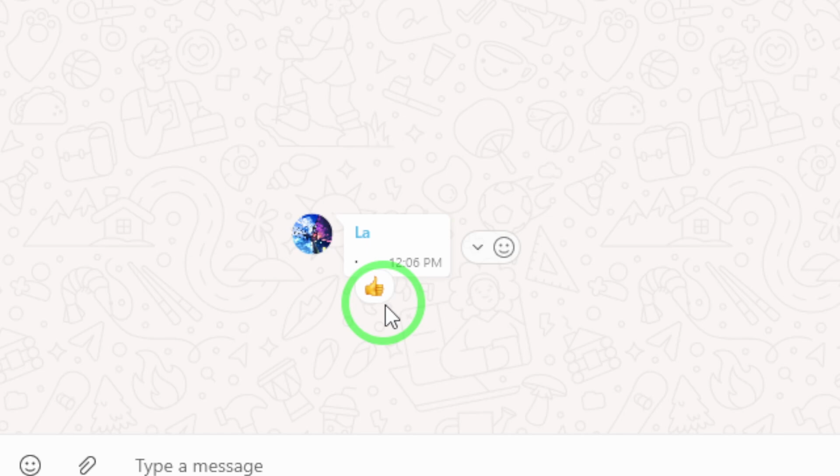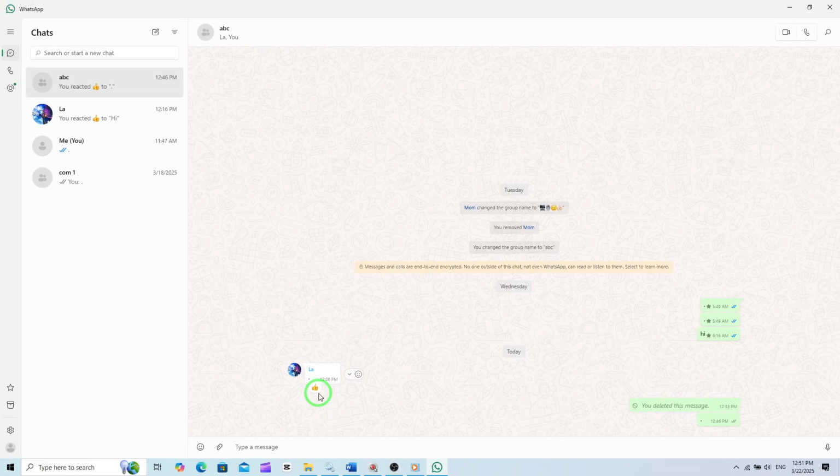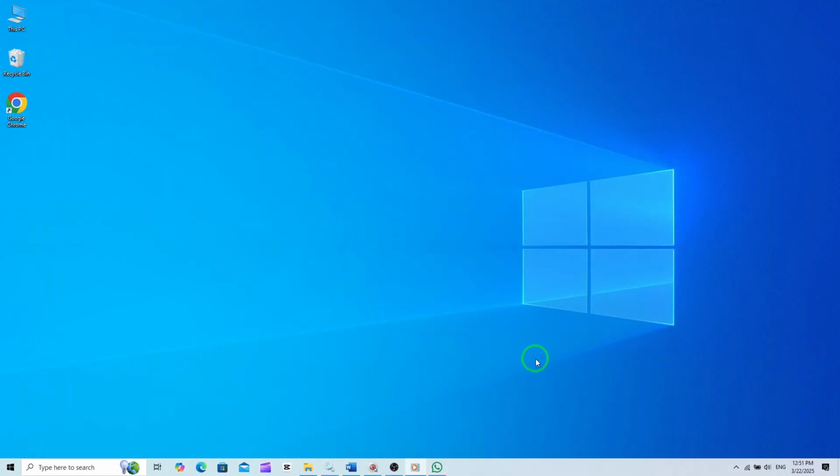Whether you want to express excitement, agreement, or laughter, there's an emoji for every feeling. Select the reaction that best represents your response to the message. Click on it, and you've just added your reaction to the conversation. It's that simple. With this feature, you can quickly engage with messages in your group chats, making your interactions more